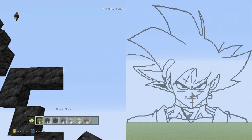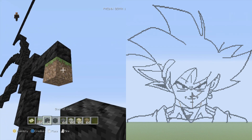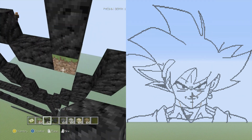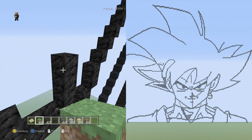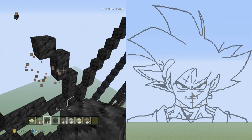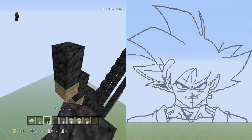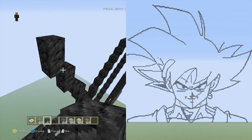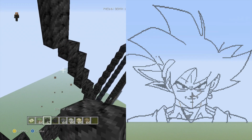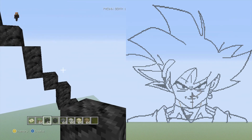We're then going to go down to the right 3 flat, 1, 2, 3, down to the right 2 flat, 1, 2, up and to the right 3 vertical, 1, 2, 3, up and to the left 2 vertical, 1, 2, up and to left 1 single, up and to left 2 vertical 2 times in a row, 1, 2, 1, 2, up and to left 1 single, up and to left 2 vertical again, up and to left 2 single, 1, 2,